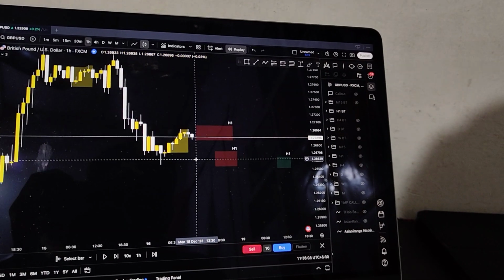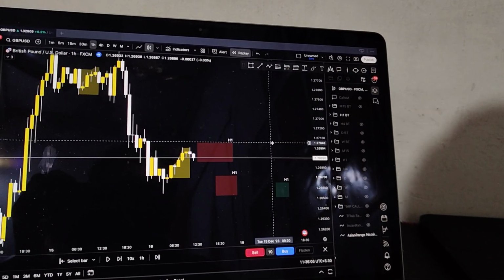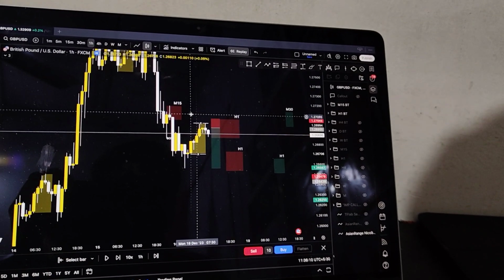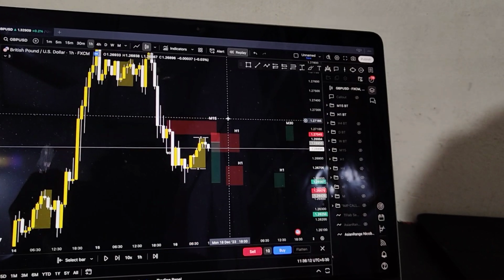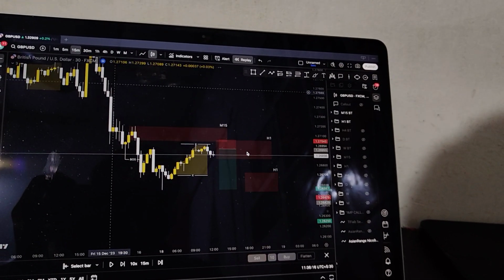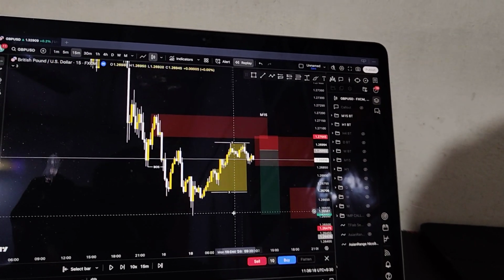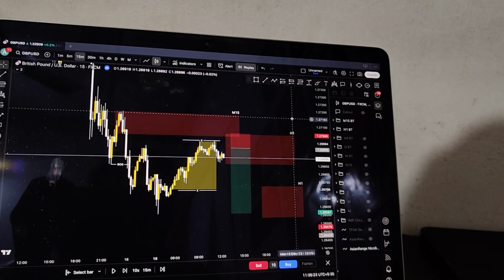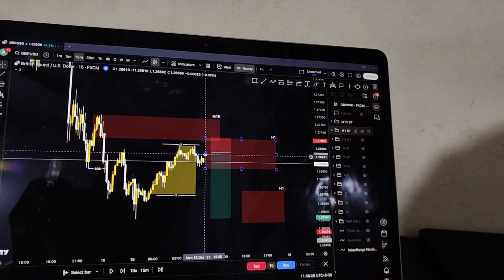On Monday I was not looking for any trades. There was a fair value gap to fill, everything was there. I should have traded Monday, to be honest. This was a very good trade on Monday, which I have not backtested because my bias was not clear. So just watch what I've done on Monday, as I have not backtested this.